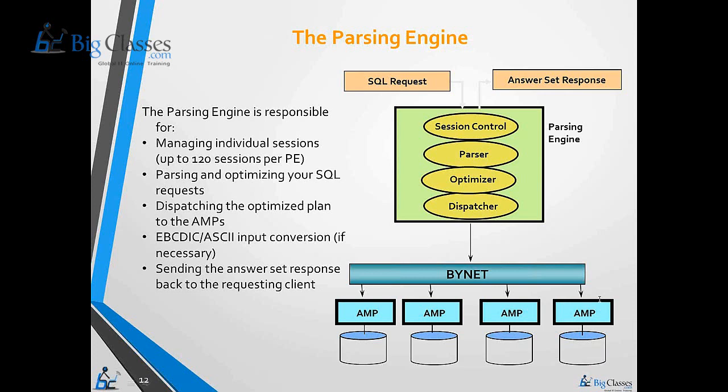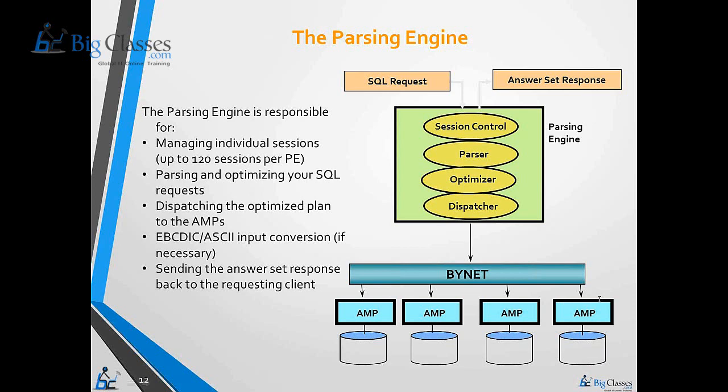At the end of the day, your query will be completely controlled by your parsing engine. It will tell you how bad your query is. Sometimes you may write select star from table where, instead of employee ID, you say employee name is equal to John, let's say as an example. Without a primary index on employee ID, if you use name, it will try searching the entire database with the string value, which is the worst query, and your performance will be hit by the database.